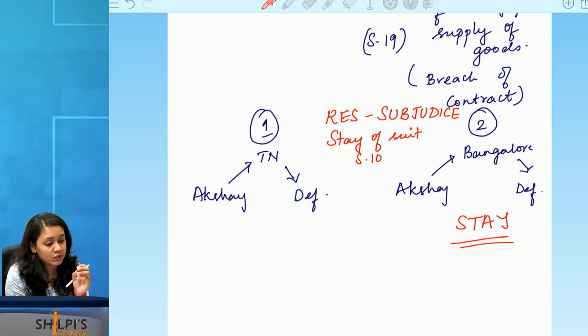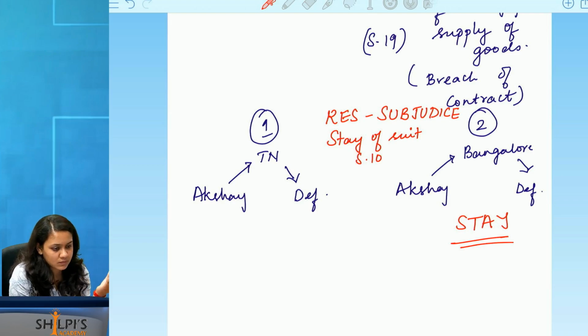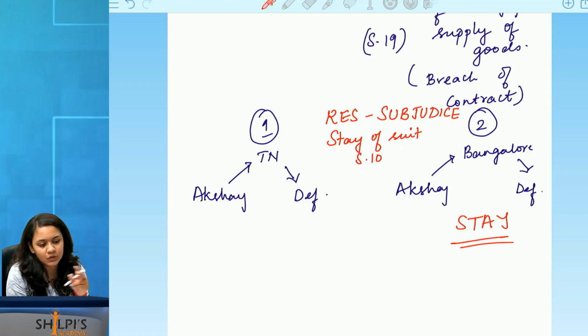If the cause of action is different, then they are two separate matters, and they can be heard by the court separately. Okay, because each right has a remedy. You cannot say that even though the parties are the same, every violation of right has to be heard in one court only. It can be heard in two separate courts.